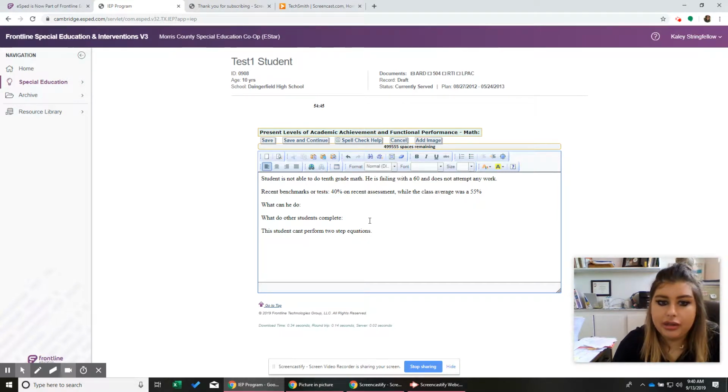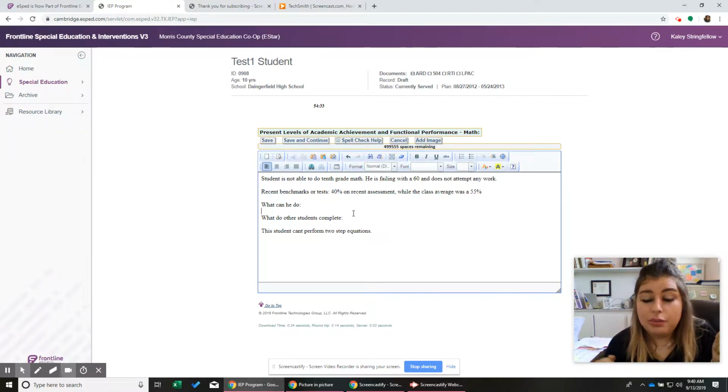And then, what do other students complete? For example, if we said what he can do, he can complete one-step equations with 90% accuracy. He's got that down. But the other students are working on two steps and the quadratic formula, and I'm trying to think of some algebra terms, it's been a while.